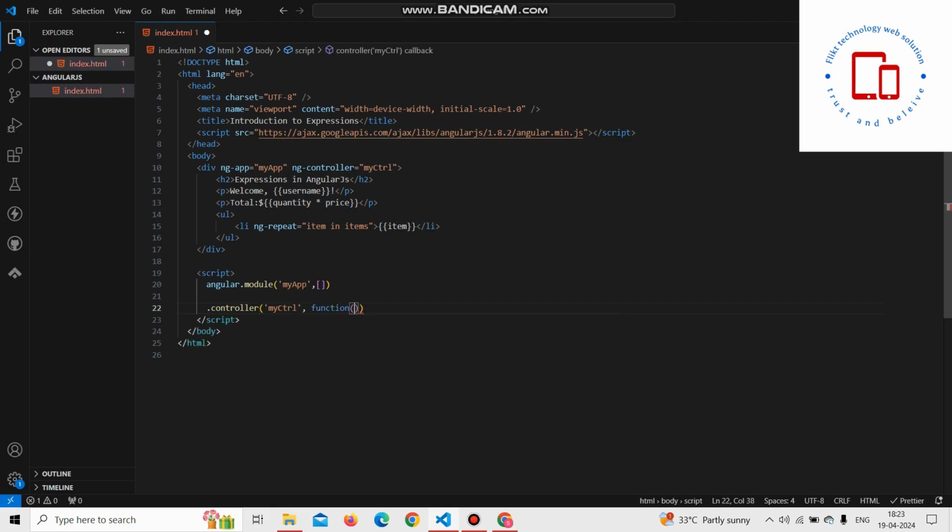function($scope). Next, I am going to initialize data in the controller scope. $scope.username equal to 'John',